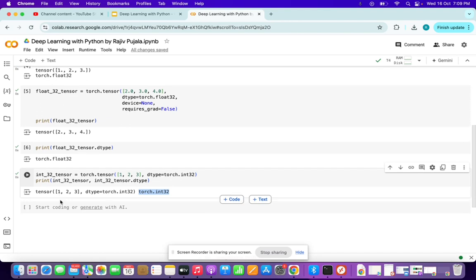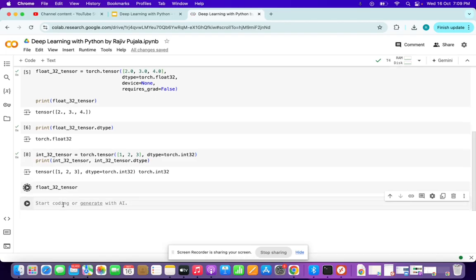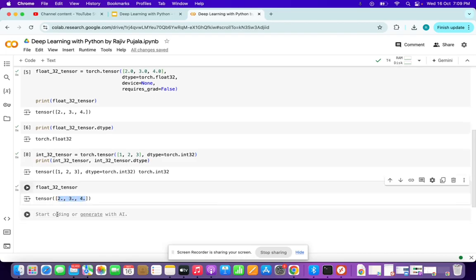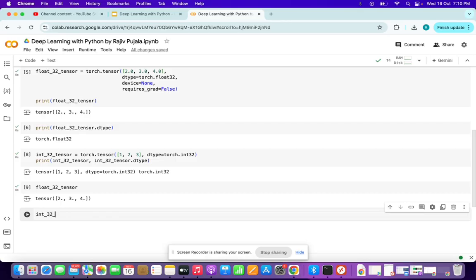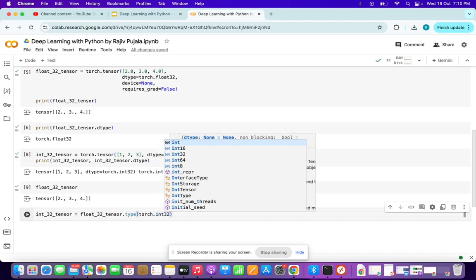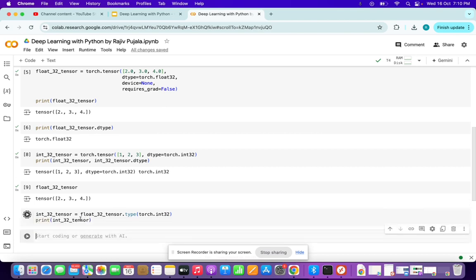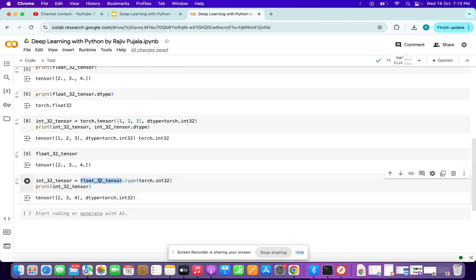So let's assume that you have a float32 tensor, which is this one. If you want to convert this to an int32 tensor, int32 tensor is equal to, you can directly give float32 tensor.type(torch.int32). This is as easy as that. So let's have a look at this one. Print int32 tensor. Basically, we took one of the existing tensors, where the data type is float, and we converted that into the torch